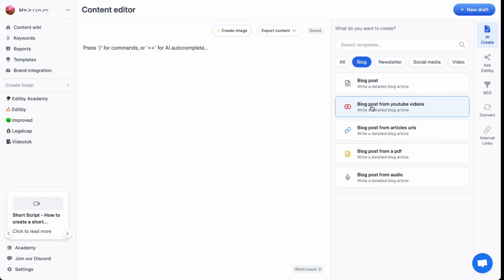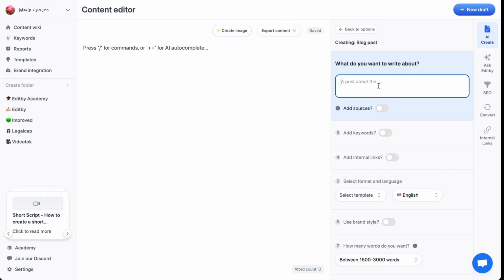In this case, we want to create a blog post without external sources, so we are going to click on the first option. Now we can see this text box and we can enter our topic. Let's assume we want to create an article about how to start